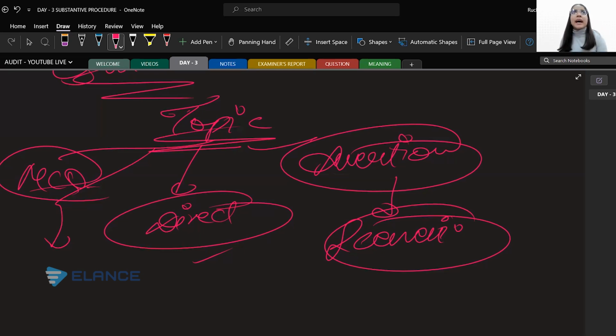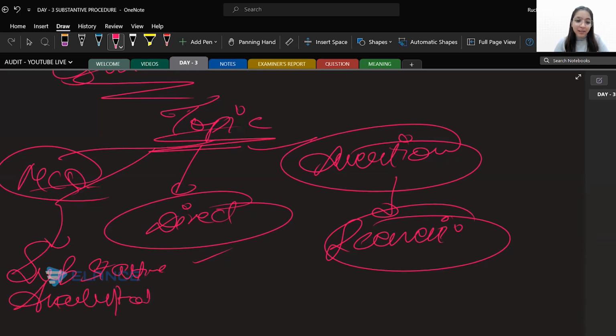I have seen, if I'm not wrong, in the December 23 examiner report, where the question clearly mentioned substantive analytical procedure. So, will I get marks if I mention test of details? Of course not. Okay. So here it plays a major role that we need to read the question very carefully,